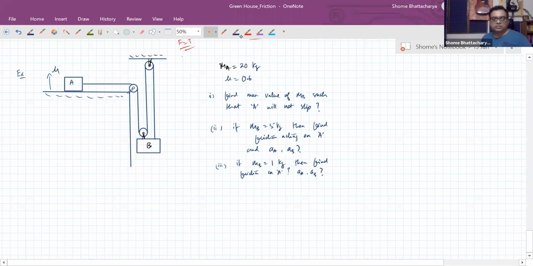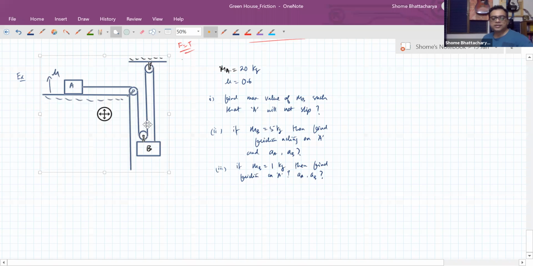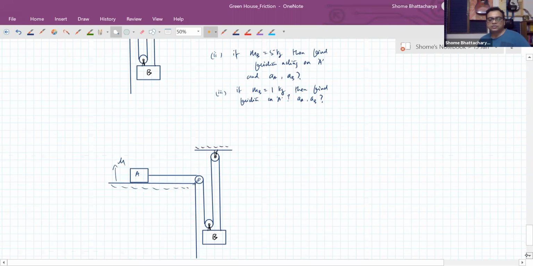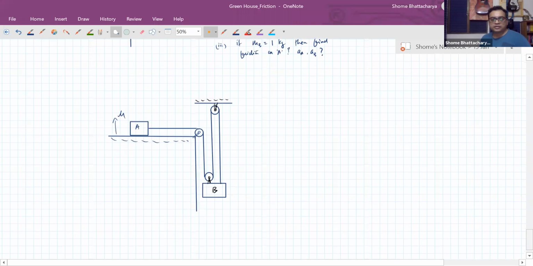Okay, so let's see. So for the first part, you want that the system should be in equilibrium. So the condition for equilibrium will be that the net force on the block B is 0, which means that if the tension in this thread is T,